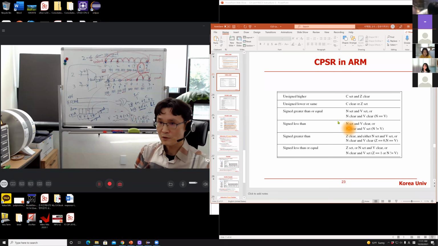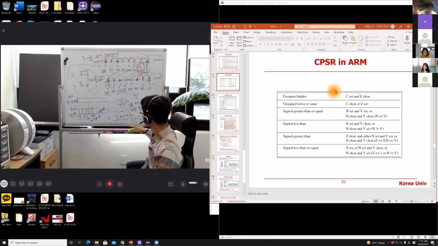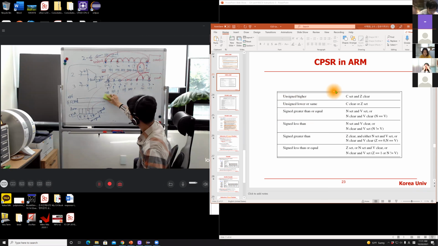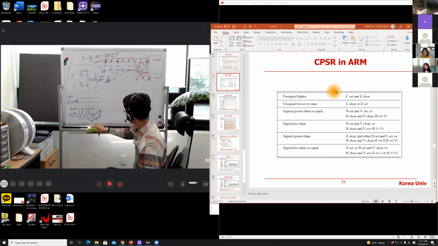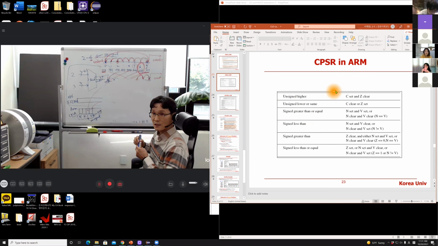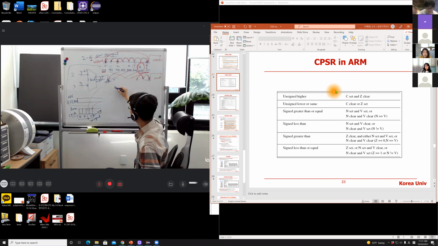So you take a look at this, right? Unsigned number higher, right? Unsigned, signed less than. Unsigned higher, right? Unsigned higher. So for example, in C code,